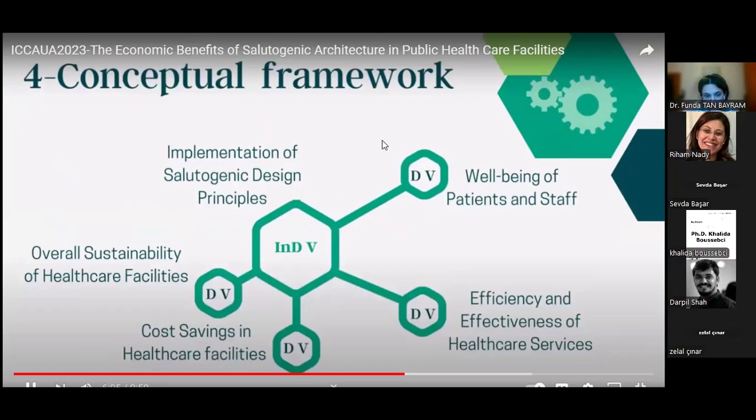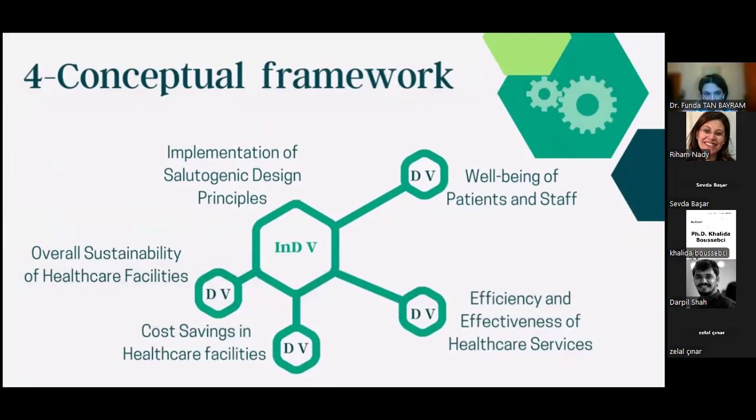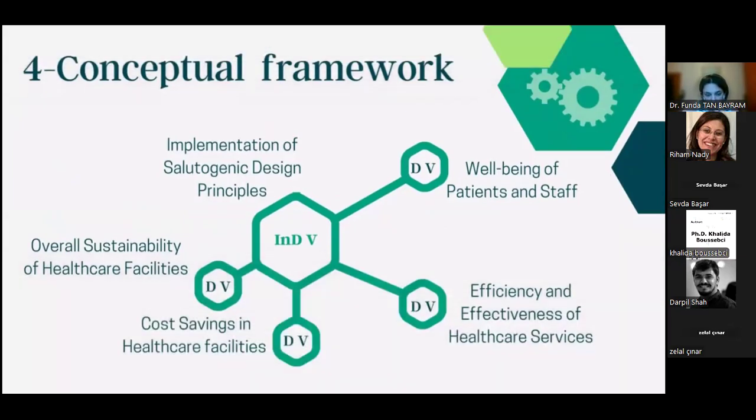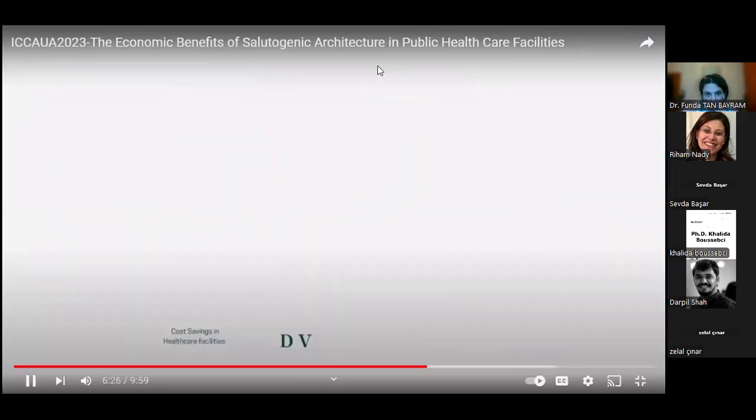facilities in Algeria, which includes the independent variable, which is the implementation of salutogenic design principles, and we have 4 dependent variables, which are the well-being of patient and staff, the efficiency of facilities, the cost savings, and the overall sustainability in healthcare. The framework led us to formulate the 4 research hypotheses, which